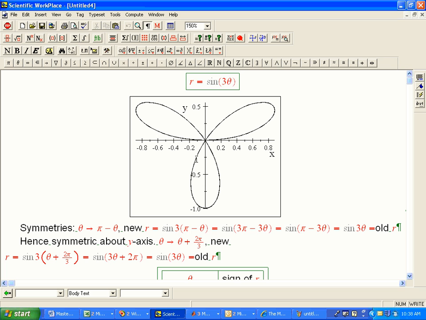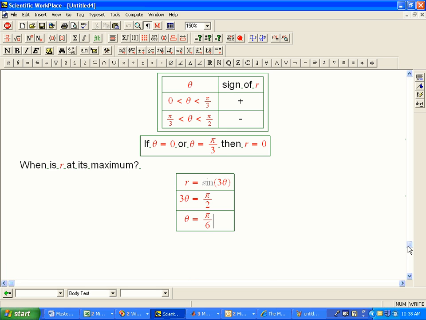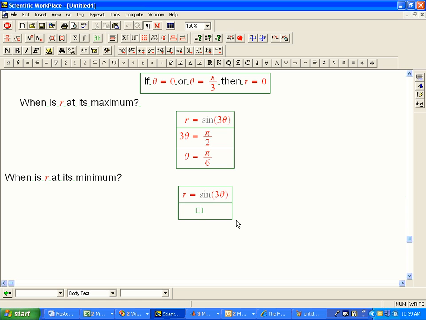And then, let's see, there's one other thing we need to know. What's the minimum value of r? Okay, when is r at its minimum, that is, its most negative? The answer won't be too surprising, especially since we've been staring at the graph for so long. r equals sine 3 theta. So that's when we want the sine to be minus 1. That's when 3 theta is 3 pi over 2, and that's when theta is pi over 2. Okay, that makes sense with the graph,